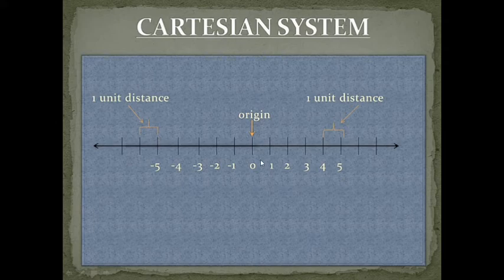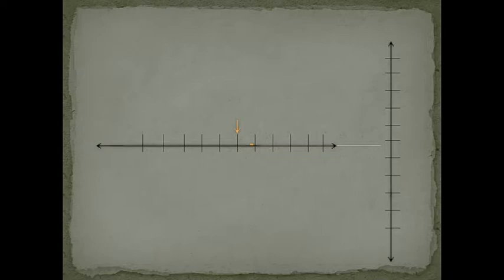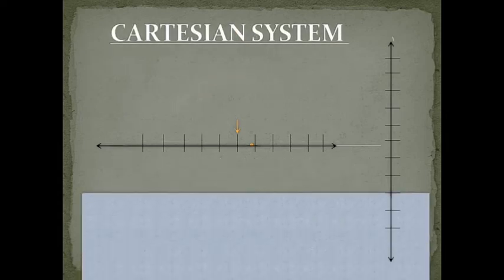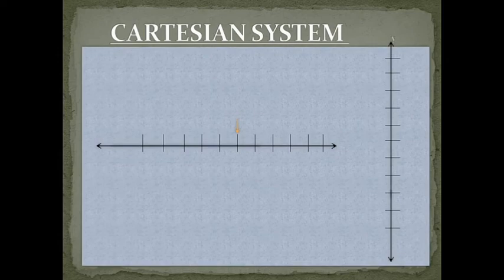Now here listen, the numbers which are given on the right hand side of the number line are all positive numbers, and on the left hand side of the number line all numbers are negative numbers. In the same way as the earlier horizontal line, we have to make a vertical number line. And the Cartesian system means we have to locate all this on the Cartesian plane, that we call a graph paper.